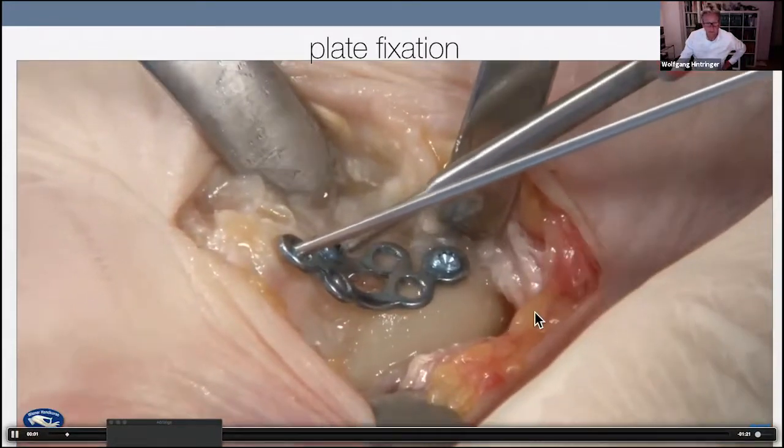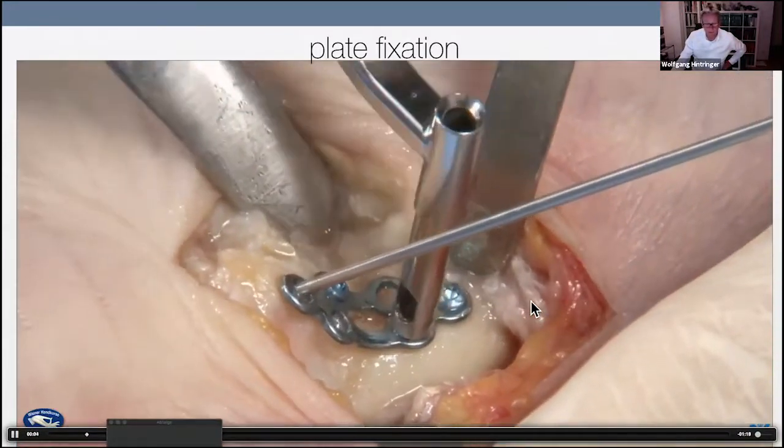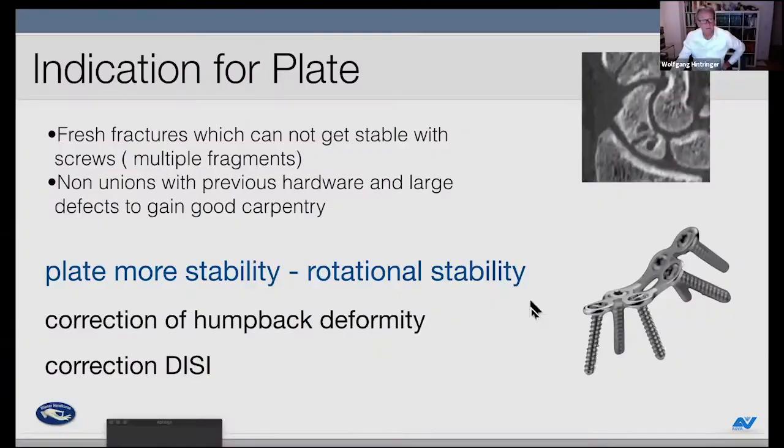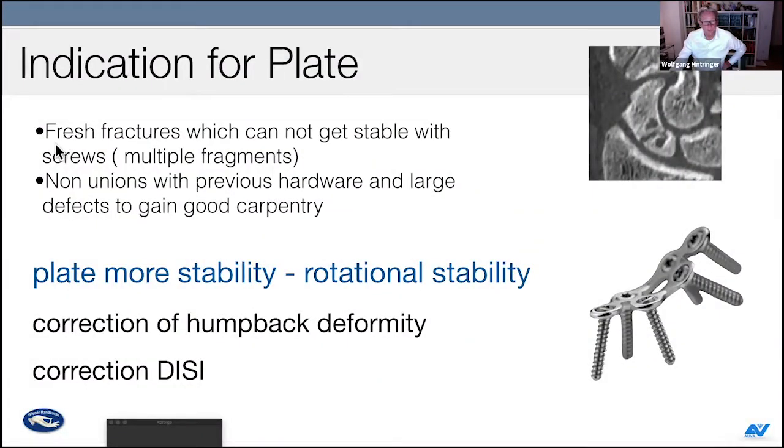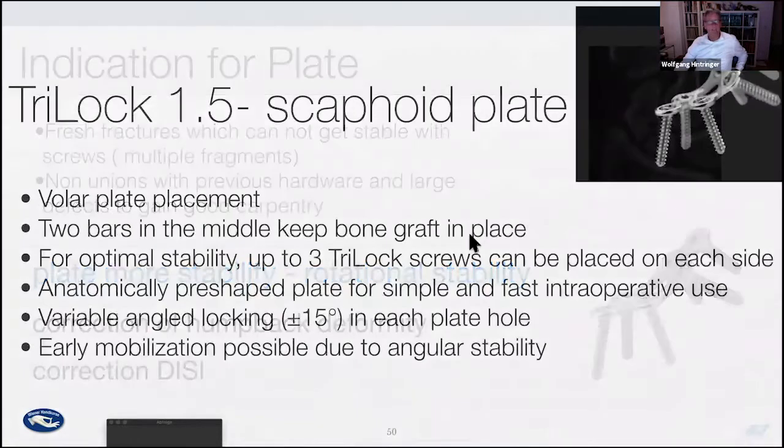We have already seen how we mount that plate with angle stable screws on the scaphoid. So the indications for the plates are fresh fractures which cannot be made stable with screws, multiple fragments. You can use it also for non-unions with previous hardware, and large defects to gain good carpentry. That's very important. I think that's very underestimated, the good carpentry and good stability. This plate has a lot of rotational stability and can hold your reduction of